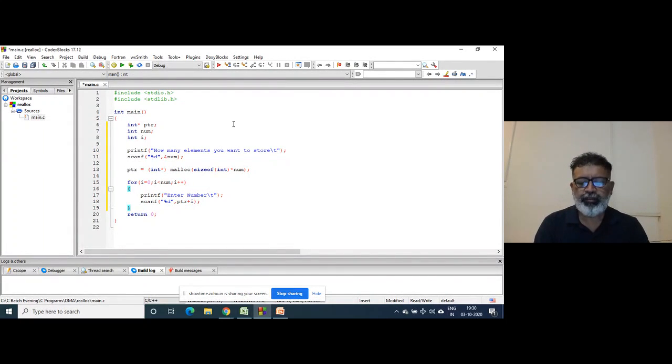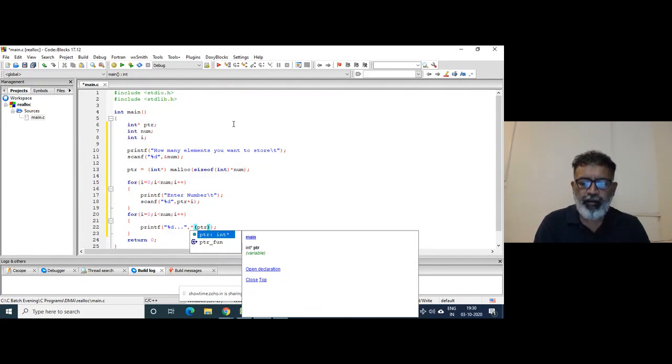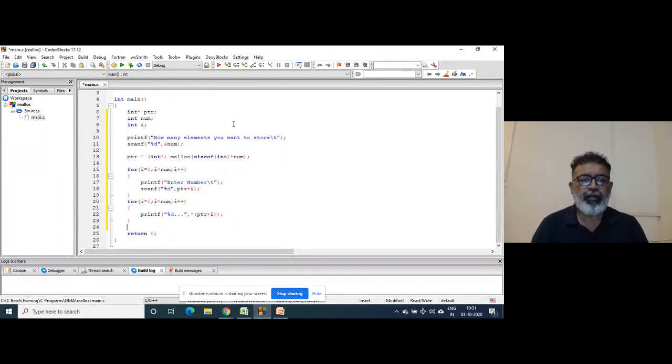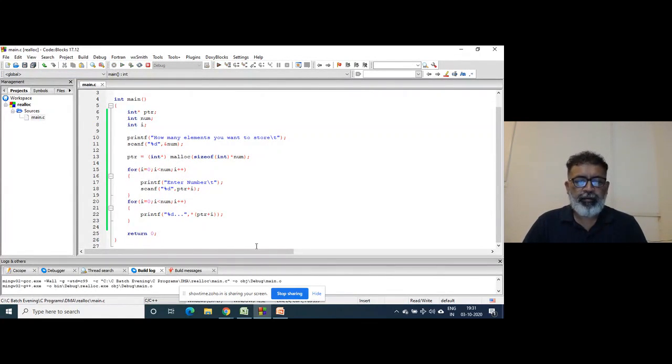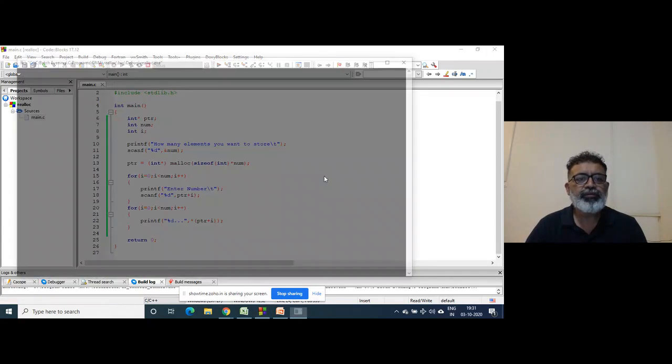Will this work? Let's see. But your pointer concept must be very clear, without which you cannot.